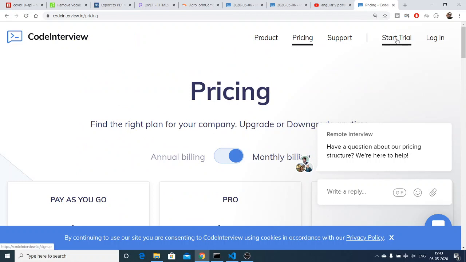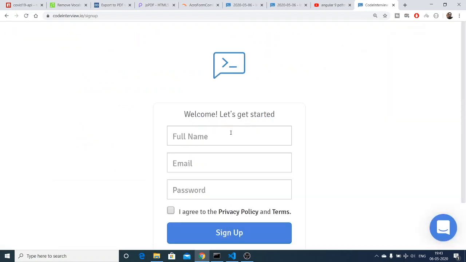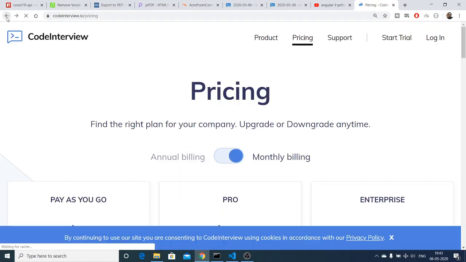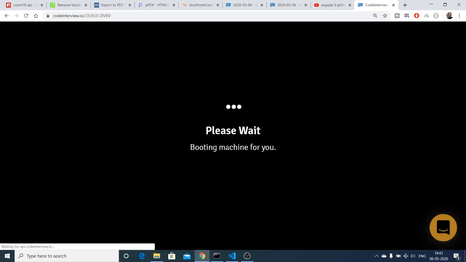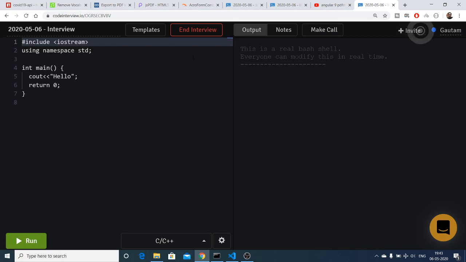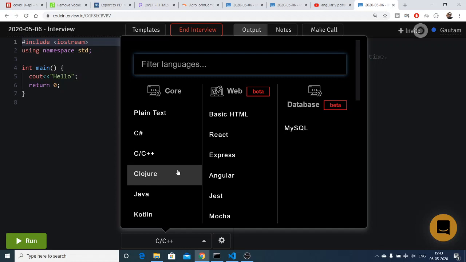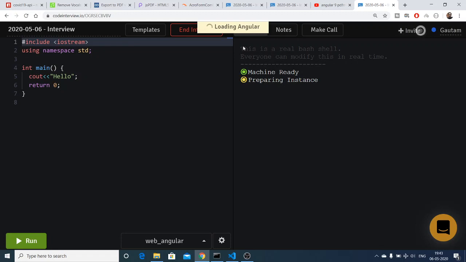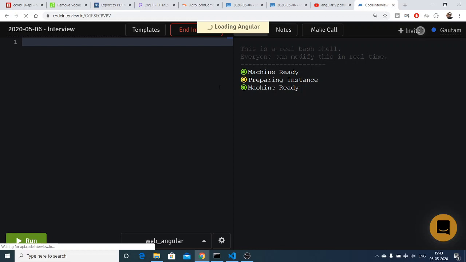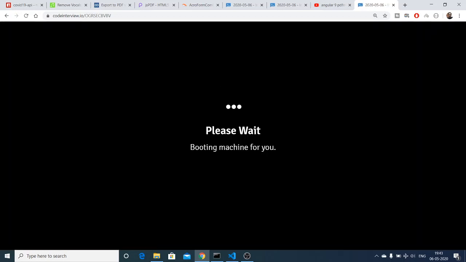So now I want to show you the trial. Just click on the start trial button. I think that you need to create an account, but we will be trying the demo. Here first of all it will ask for your name, you can see that this is a trial shell. My name is there, Gautam, and basically this is a template. Here you can change the template according to your choice. Let's suppose I choose Angular here, then click the button. Now it will load the Angular template. Accordingly you can change any programming language to any programming interview that you are receiving or taking.